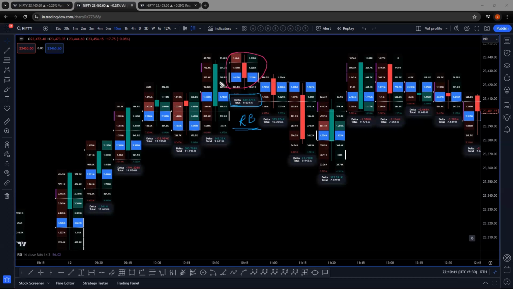And how did we decode that later? I'll tell you. What happened here was retail started buying and the price started dropping. So those who were booking their profits, the smart money, were booking their profits from 9:45 itself, right? And then they pushed the price down. In every candle, you can see that retail was buying, retail was buying, and price was continuously dropping.